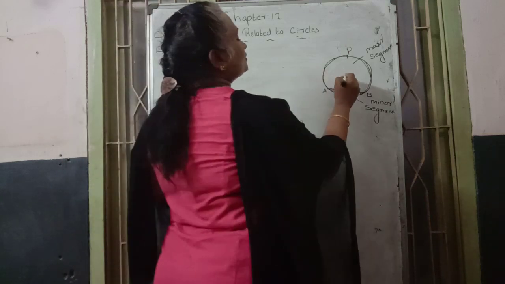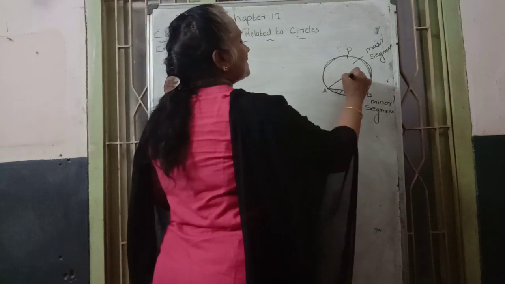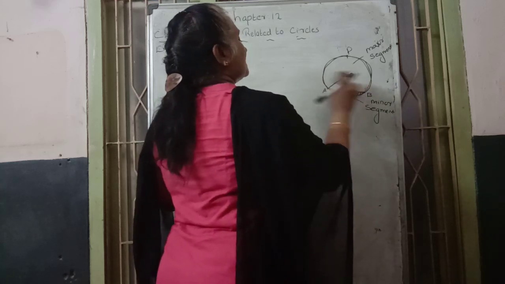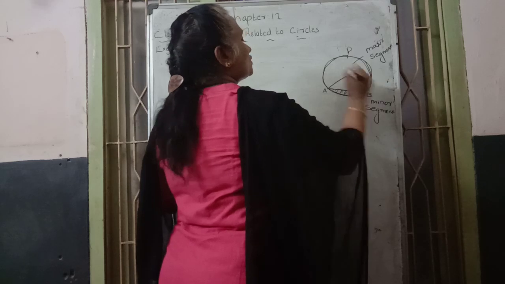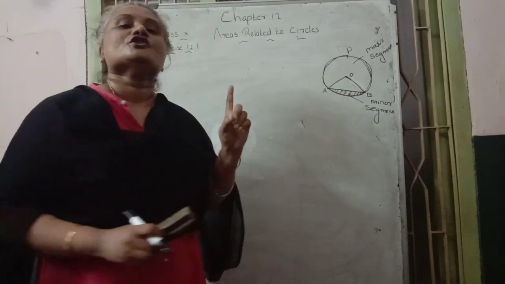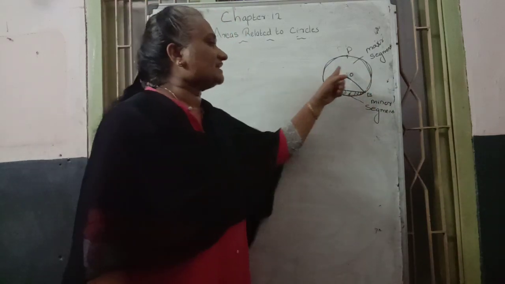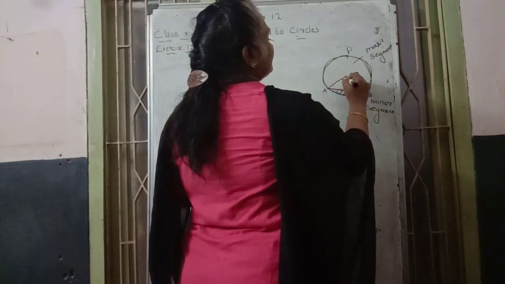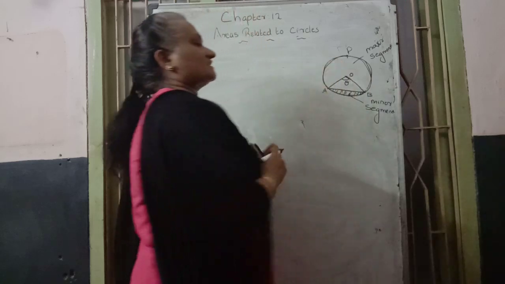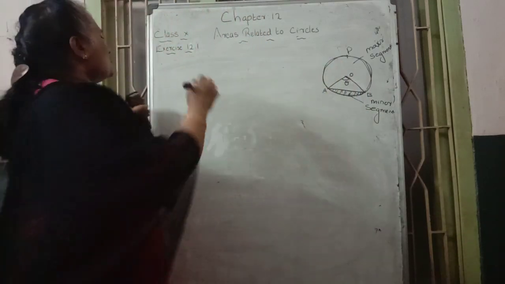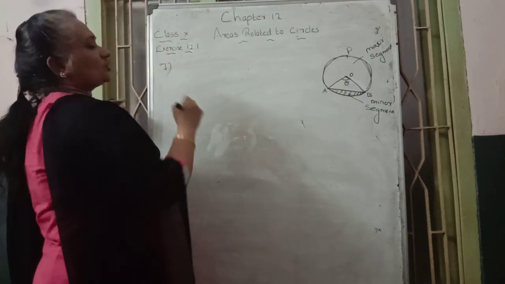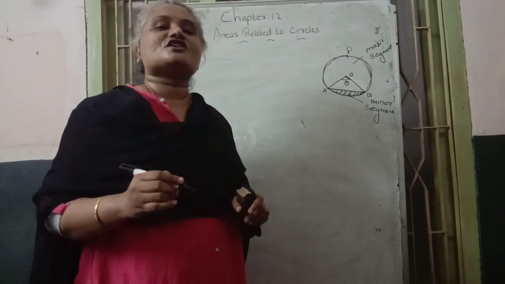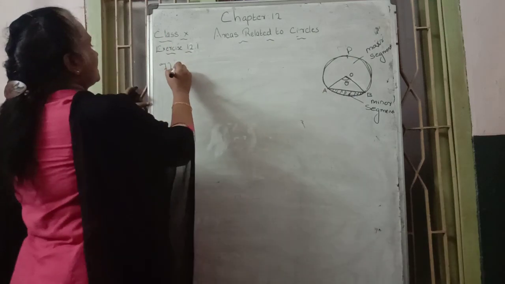We know that. Here I am joining OA and OB. OA and OB are the two radii. Here the center angle is marked as theta. Here also, the seventh formula: what we want to find is the minor segment case formula.